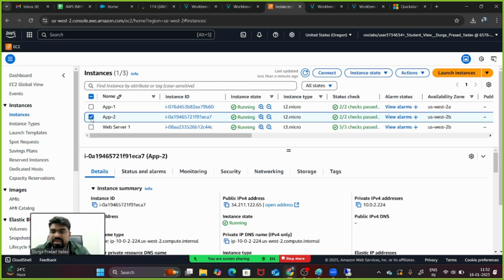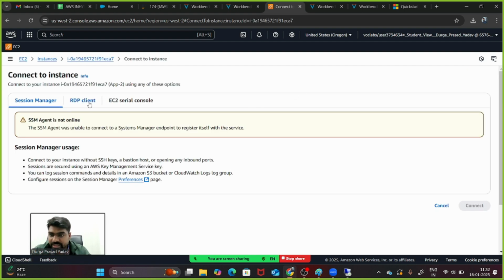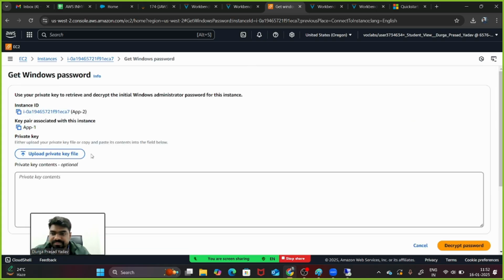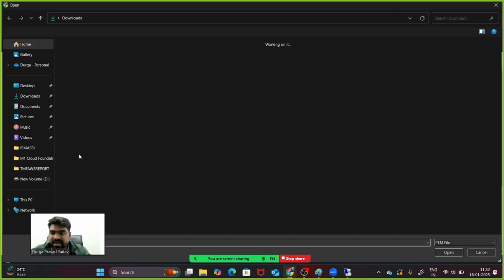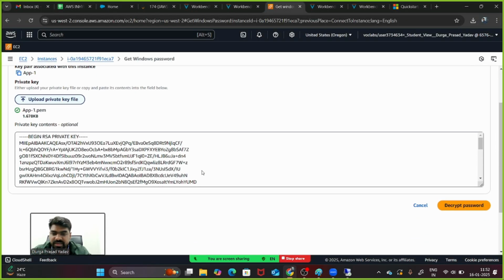So here we go with the app2. Here we can click on connect, and we'll click on RDP, and we'll get the password again. Upload the private key file. Select the same key pair, and we'll decrypt the data.